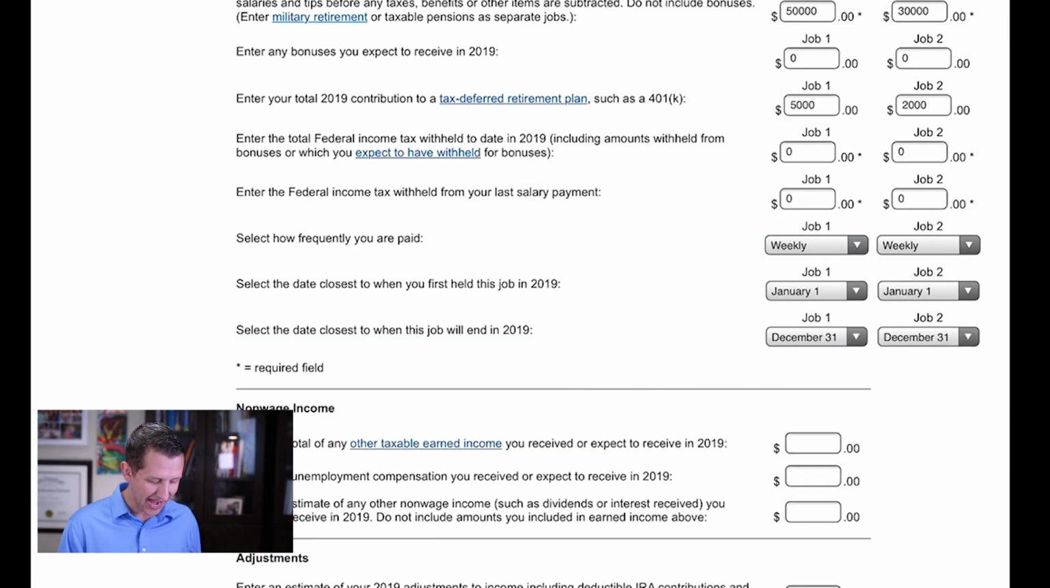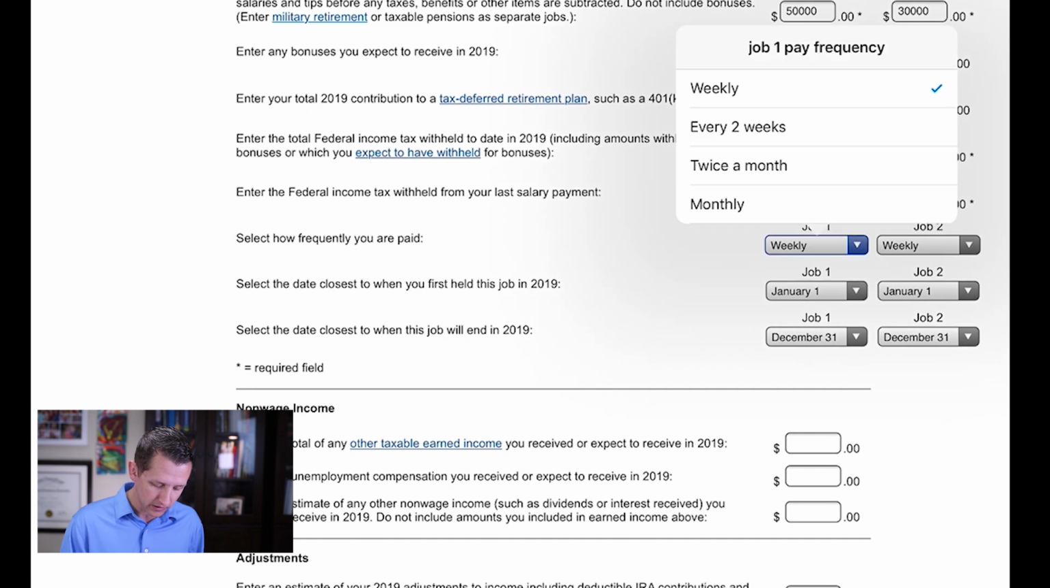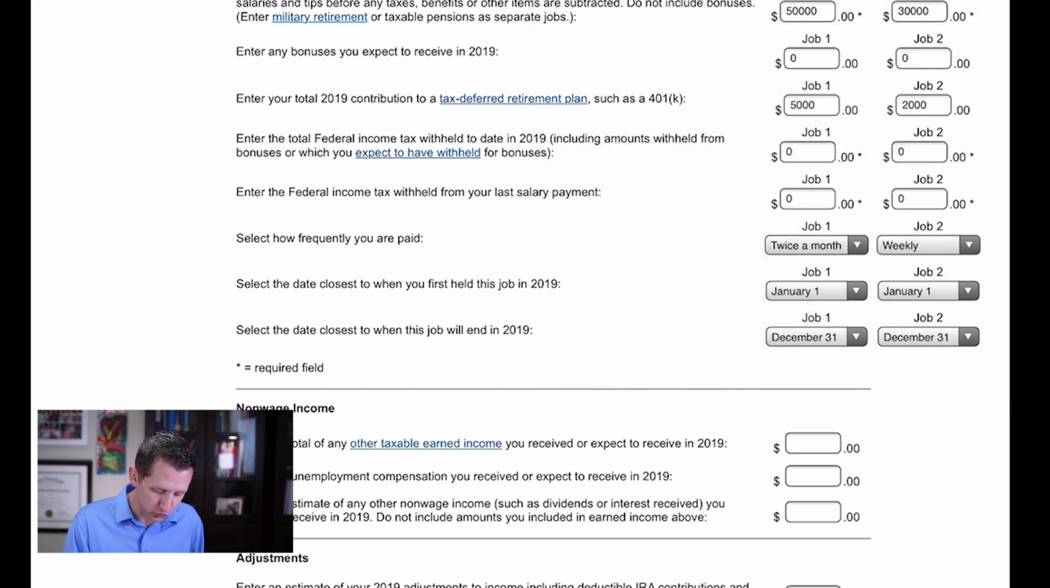In the next section, how frequently you are paid. So if you are paid weekly, every 2 weeks, twice a month, or monthly, that's going to vary. The difference between every 2 weeks and twice a month would be 24 pay periods for the year, and every 2 weeks would be 26. It's going to vary slightly, but you want to make sure that you're doing it correctly. If you get paid on the same date twice a month, of course, it's going to be twice a month. If you get paid every other week, then that is going to be every 2 weeks. So let's go ahead and put twice a month,